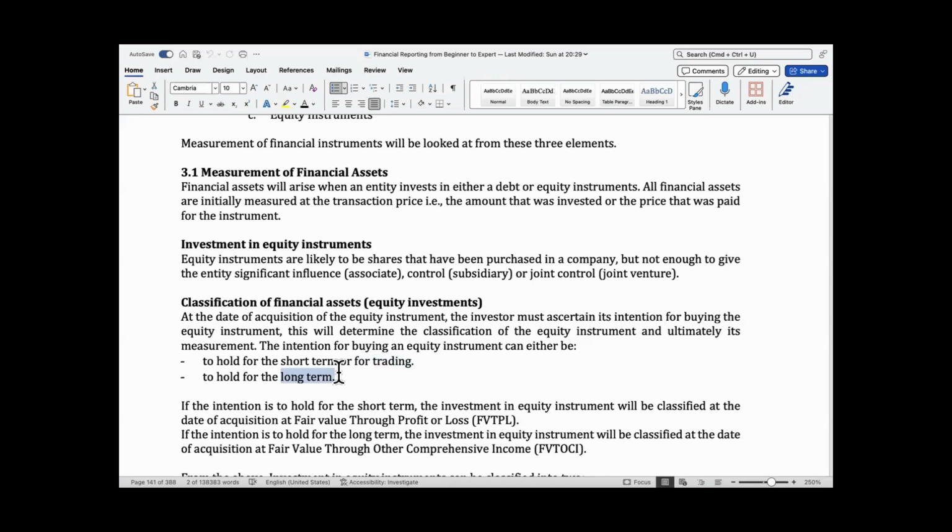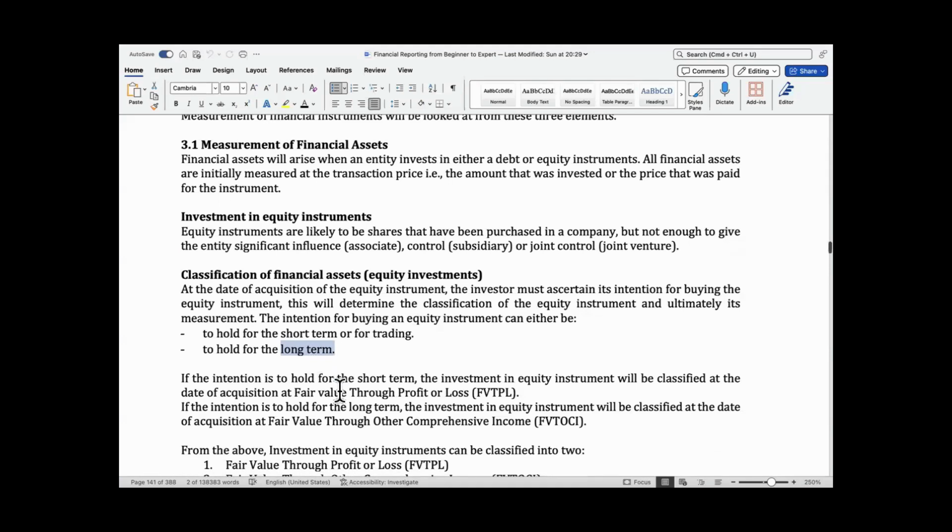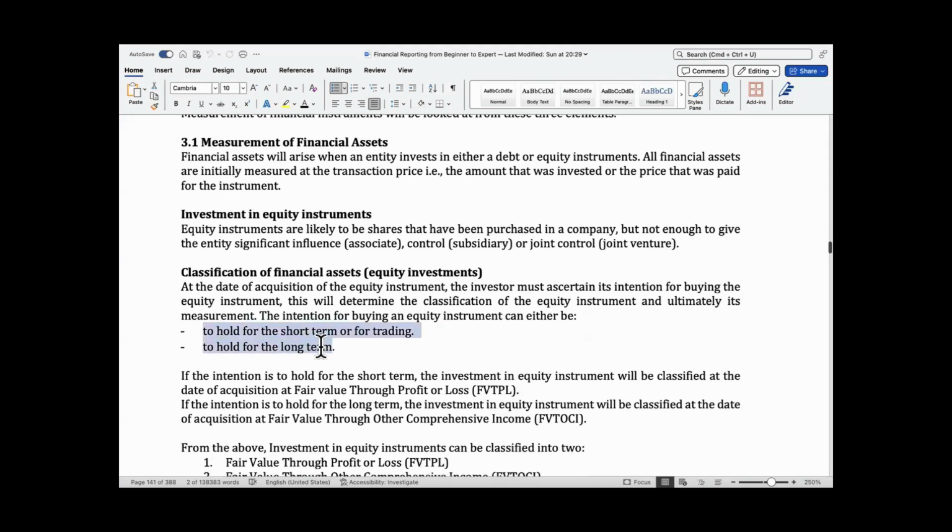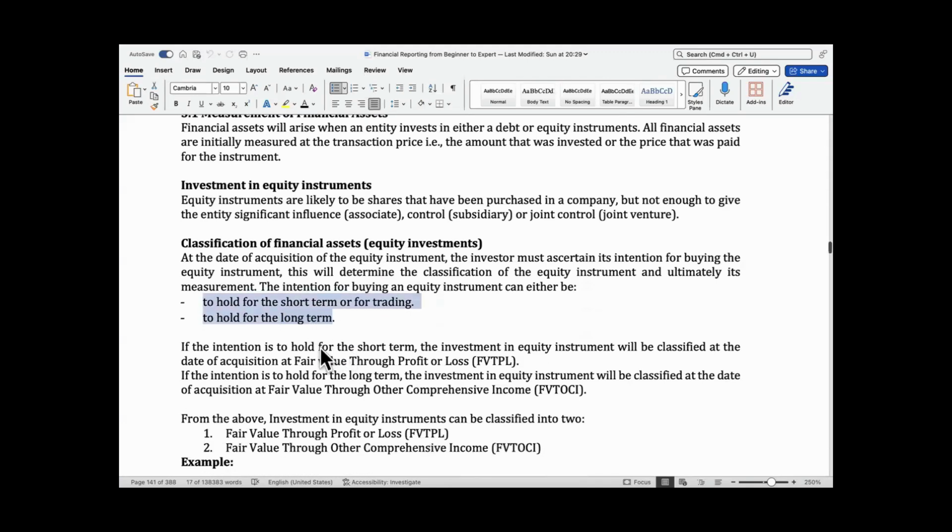Even if you now end up selling within 1 year or after 1 year, the fact that when you bought it, the intention was not there, you just bought it and you didn't have plans of selling, you will classify that as long term. Okay, so knowing this basis now, knowing this intention, we're not saying that if the intention is to hold for short term,